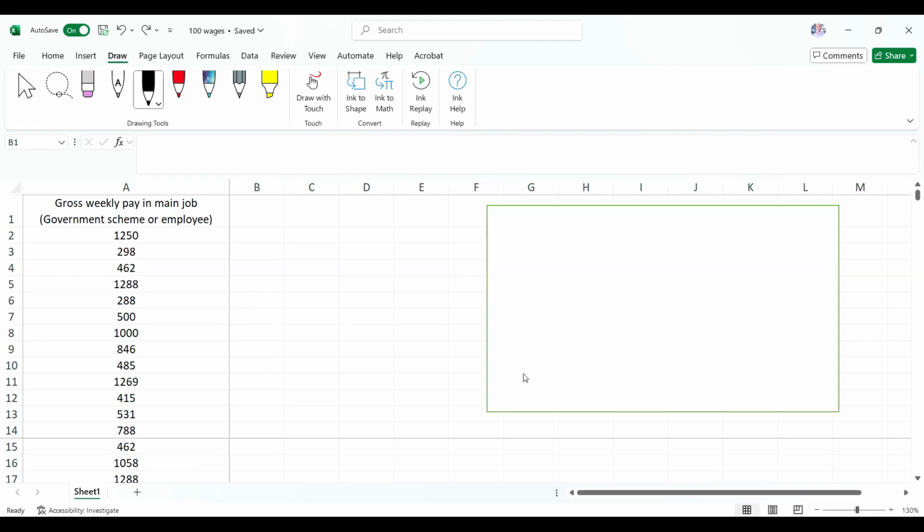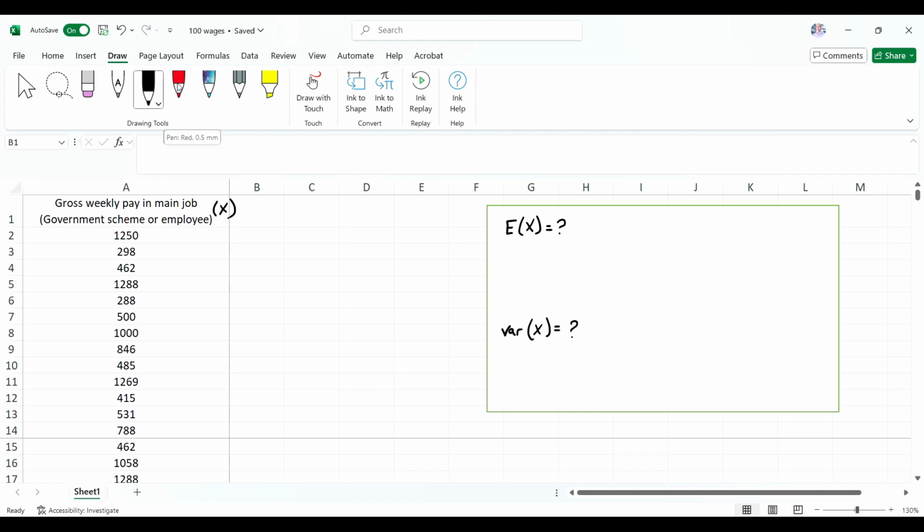In this video, we're going to see how we can use Microsoft Excel to construct unbiased estimates of the population average and of the population variance. Now, to illustrate this, we've got data of 100 individuals and looking at their gross weekly pay in their main job, and we're going to define that as X. And there is some unknown expectation or population average of X, and there is some unknown variance of X. And we need to estimate these two